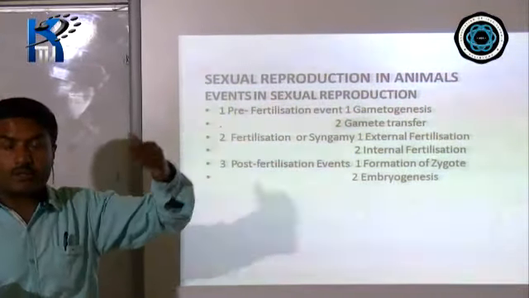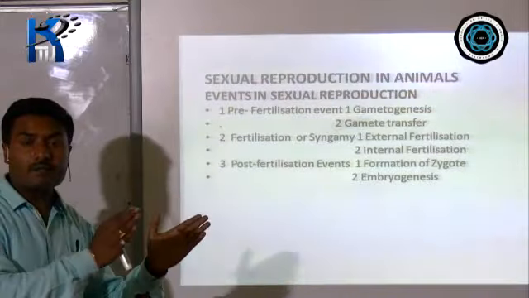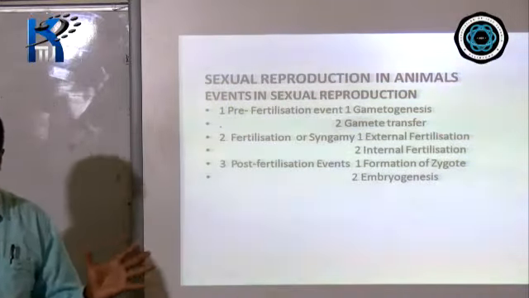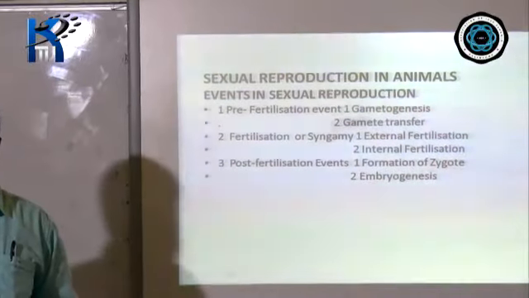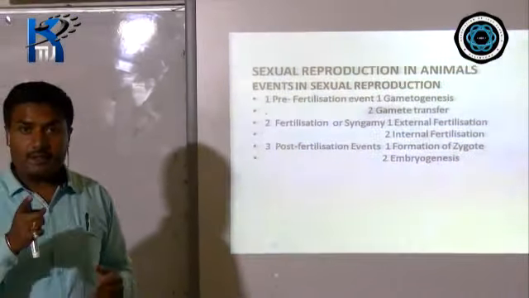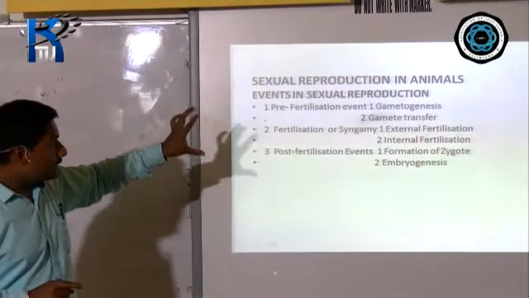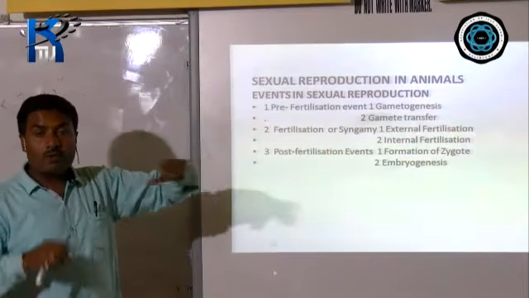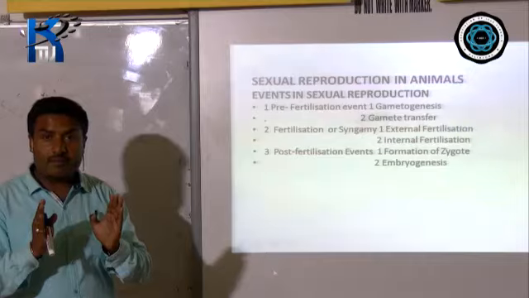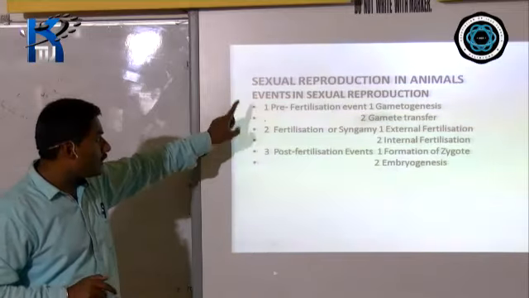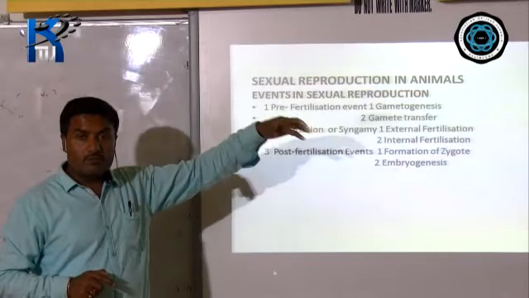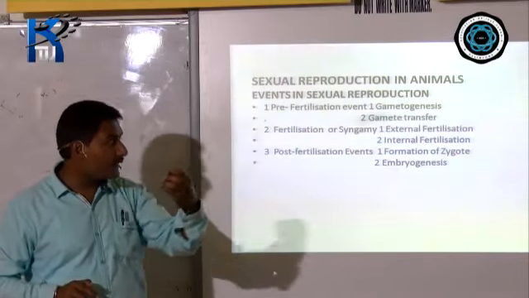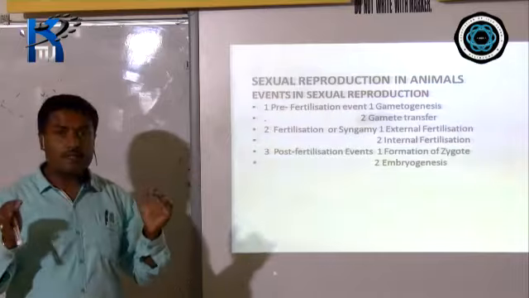That means in sexual reproduction, what are the different types of events, as for any type of process? What are the events, one after the next, that are going to happen? That you call events. Similarly, here in a sexually reproducing organism, what are the different types of events that take place? So first of all, you have the pre-fertilization events. That means for a sexually reproducing organism, first of all, there has to be gametogenesis.